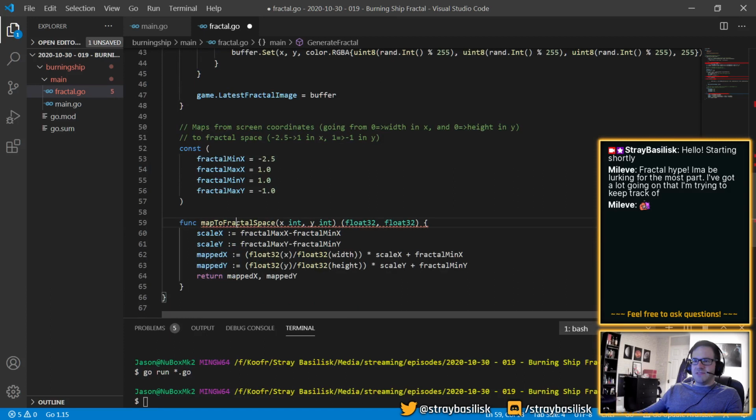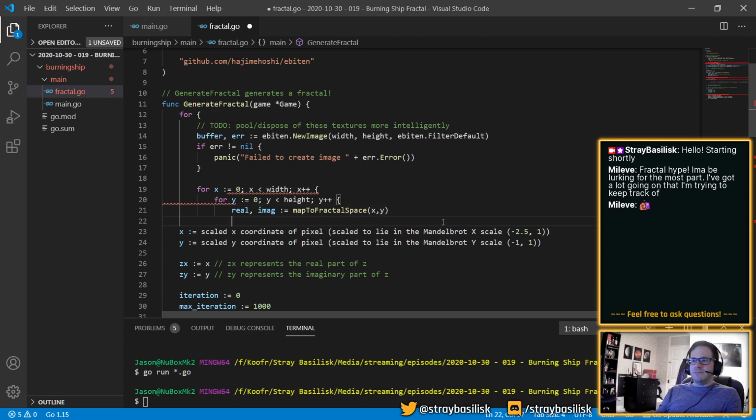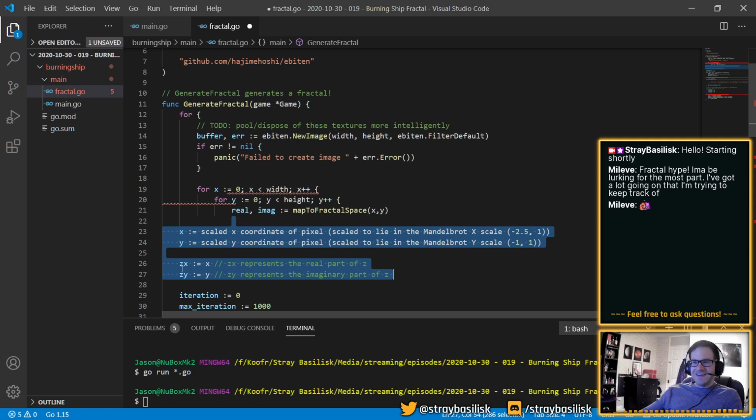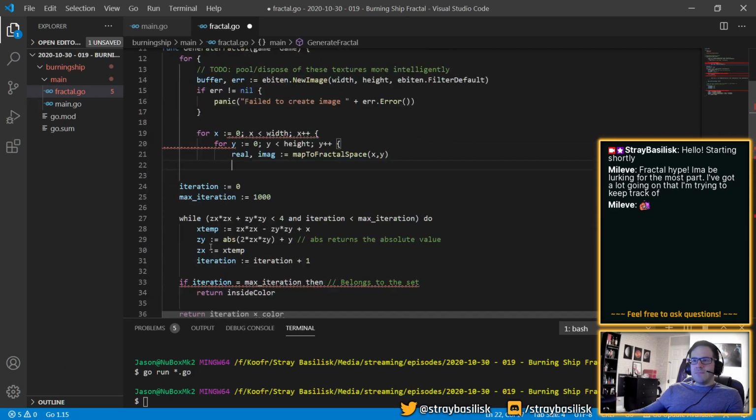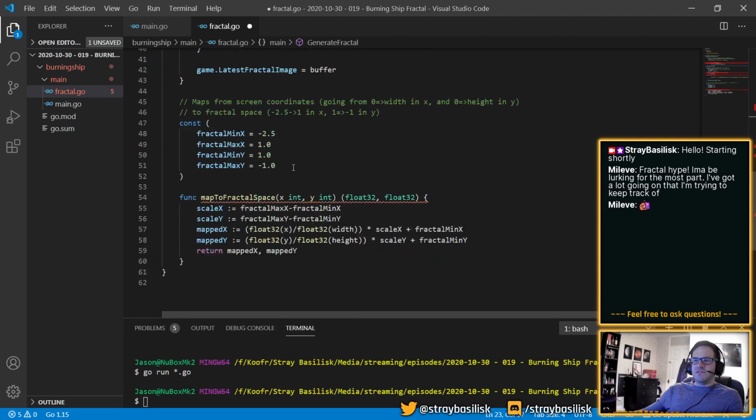What was our function called? Mapped fractal space. Okay, we have done that. I've renamed those because I think this is horrible naming. I should probably have a constant for